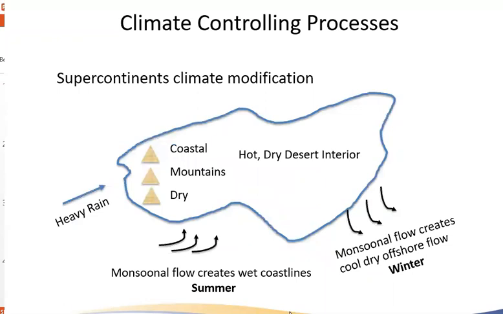So for our final topic today, we're just going to look at how a supercontinent all by itself might modify the climate. The existence of supercontinents can have a dramatic effect on the climate of that supercontinent. But we don't need a supercontinent to produce many of the same effects. A large continent such as Asia, Australia, or North America will do very nicely for producing some of the same effects. The interior of a continent becomes blazingly hot if it's located close to the equator,